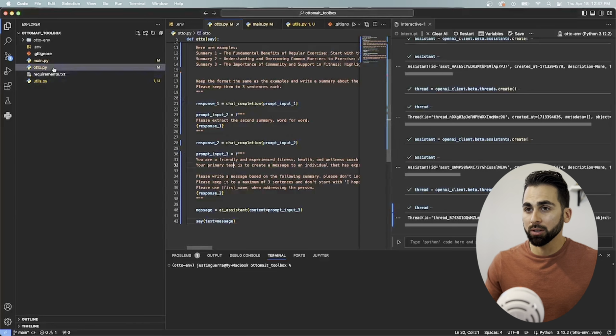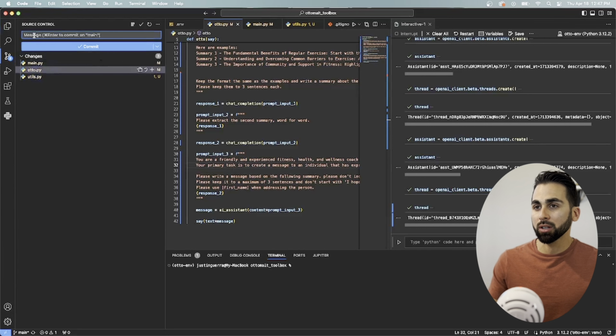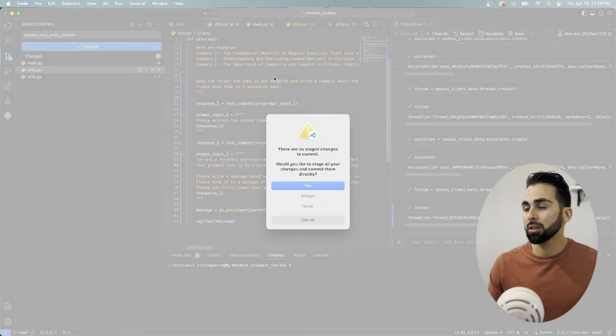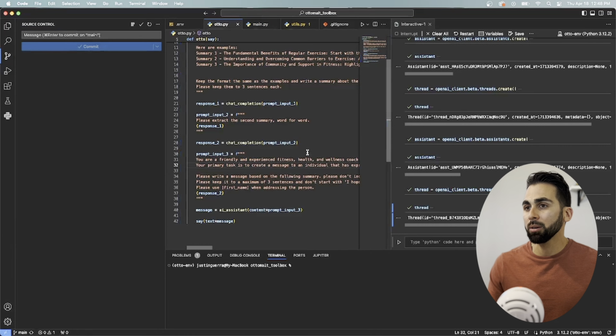All right, so all we need to do is navigate over to the source control tab. We're just going to say update auto, and then we'll call this auto content. So we'll go ahead and push these changes, and then we want to stage and commit them. And then once we do that, it's going to kick off our cloud server to update. And then once that's done, I'll show you guys in Slack what that looks like and also getting the reminder